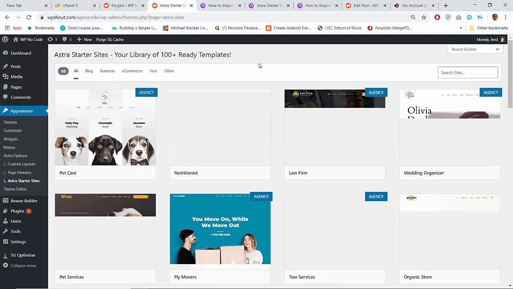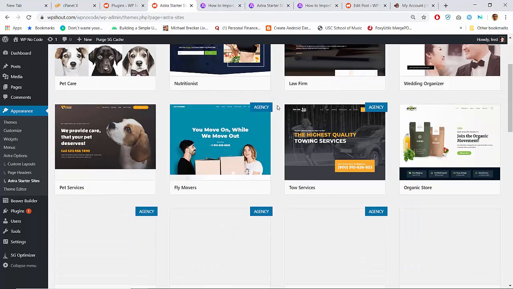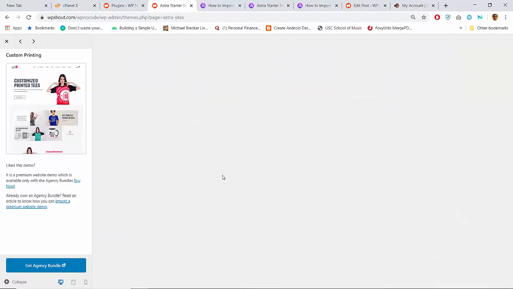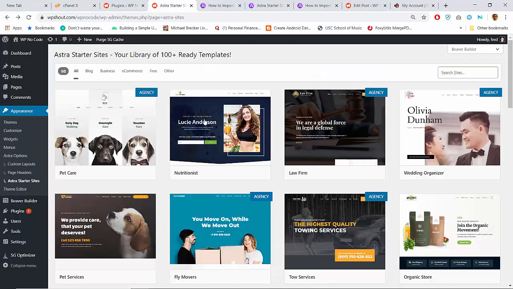Okay, so here we go. Yeah, and some of these you can see are in the agency pricing tier, which I don't think we have access to. I'm just going to make sure that we don't. Yeah, so it's an upsell, we'd have to pay for that. But for the time being,